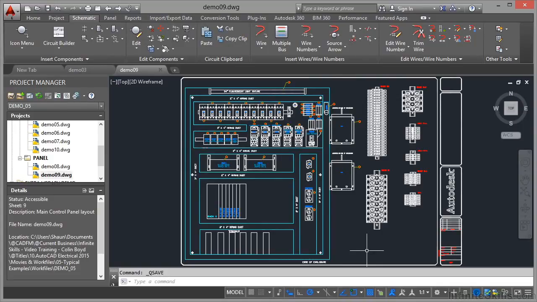Panel drawings are very, very different to schematic drawings in AutoCAD Electrical. So we're still in the Demo 05 project in the project manager, but what I've done is I've gone down to the panel subfolder and I've opened up drawing demo09.dwg. So make sure you're using the right drawing in the right subfolder in the right project for your working